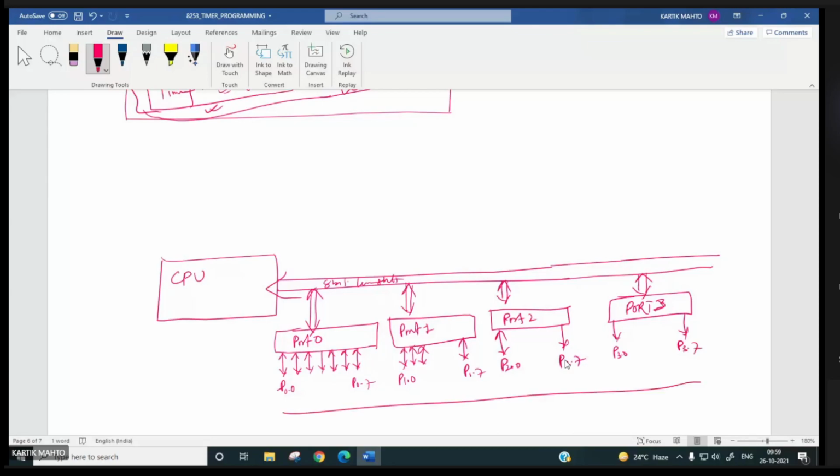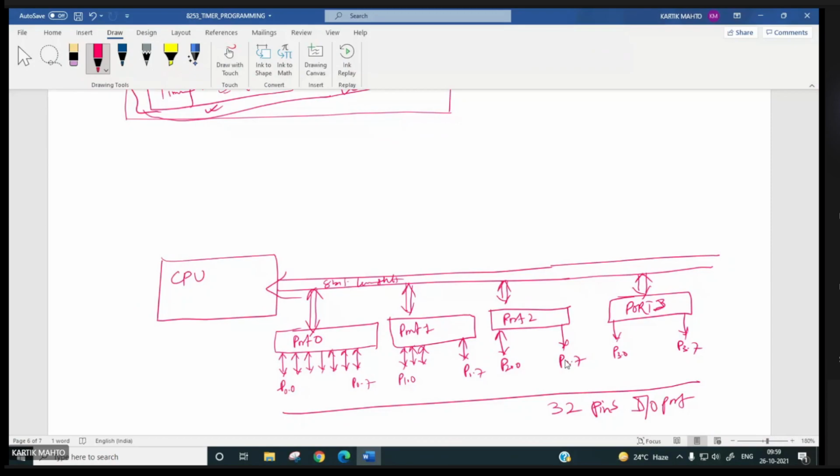How many? 32 pins you can have directly connected with these registers, port 0, port 1, port 2, port 3, each of 8-bit, right? So you will have 4 IO ports.